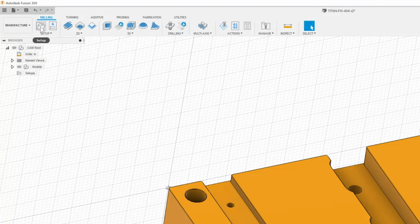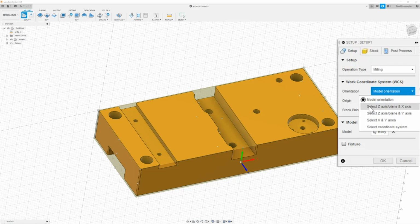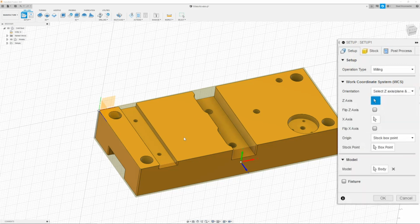So I'm going to go up to setup, click setup, go to operation type, which is going to be mill. My orientation is going to be in Z and X. First thing is I select my Z or any Z surface, and then X, I select any horizontal line. I can click the arrow to flip it. So make sure that it is facing for Y of the back of the part